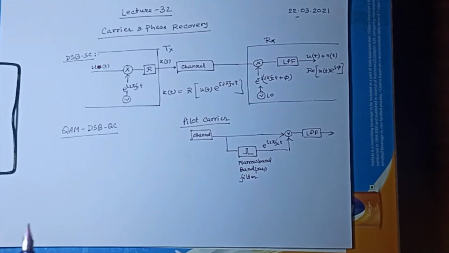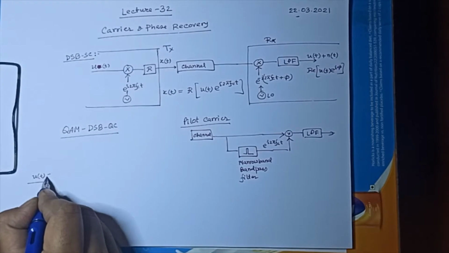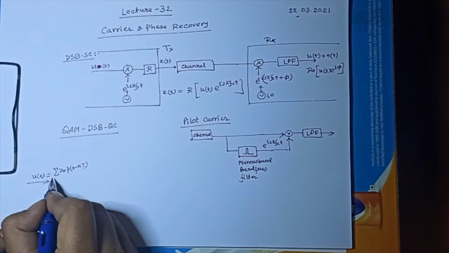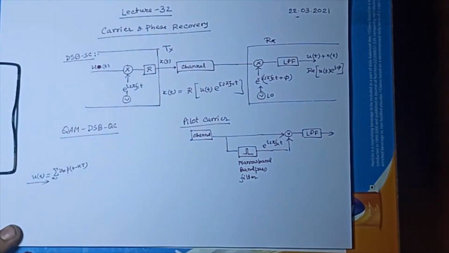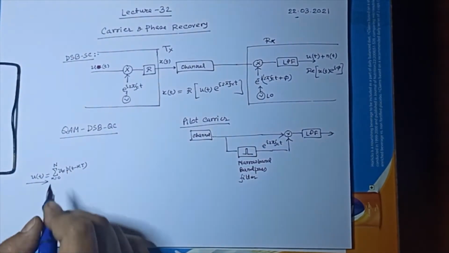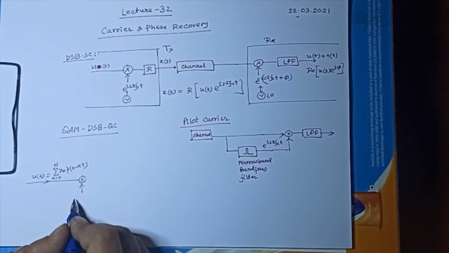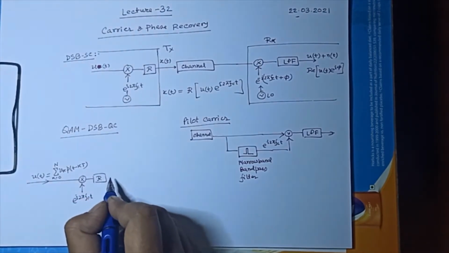Now I'm drawing the structure again. So you have the u(t), which is basically summation u_k p(t minus kT). And this k can run from say minus infinity to infinity, or some 0 to n. It depends on what is the chunk of data you want to transmit simultaneously. Then you are multiplying this with the carrier wave e to the power i 2 pi fct. This is the quadrature carriers, and then you are taking the real part of it,